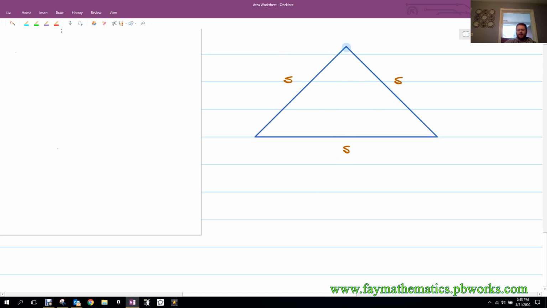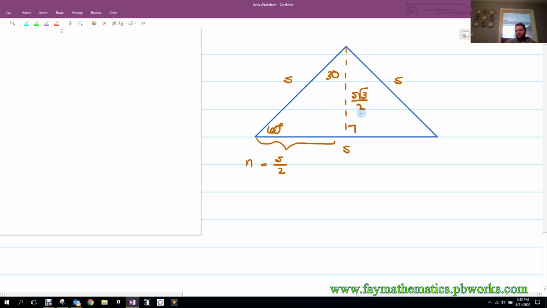Okay. And if I draw down this thing here, that's actually going to take the s and it's going to split it in half. So that's s over 2. Remember, this is 60, this is 30. So in 30, 60, 90, this is my n. This would be my n